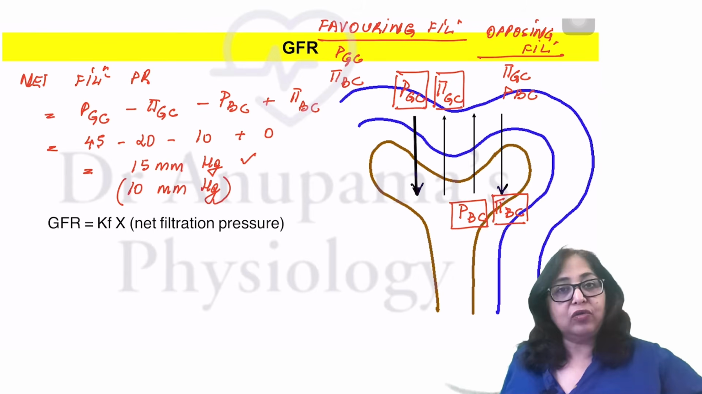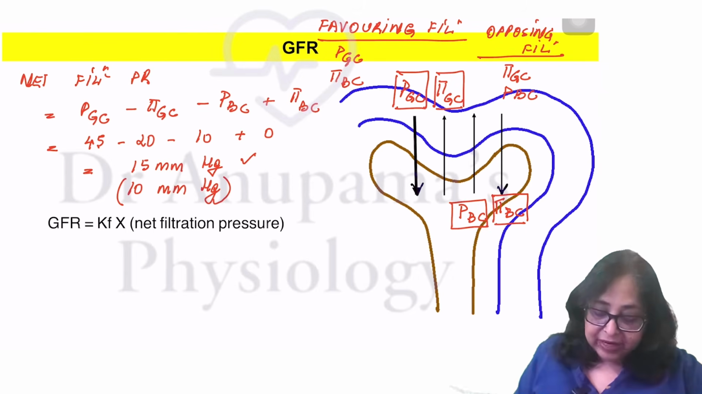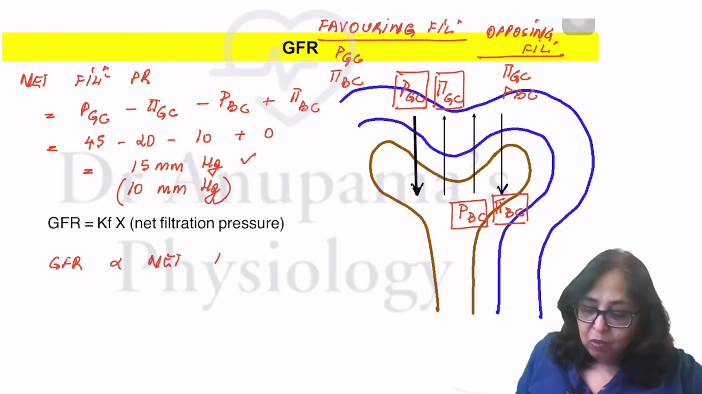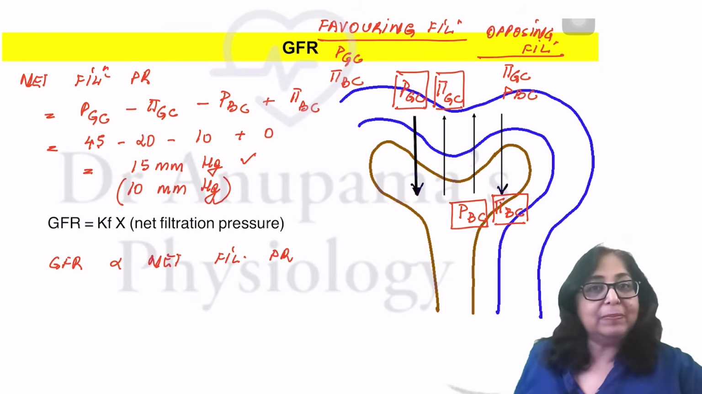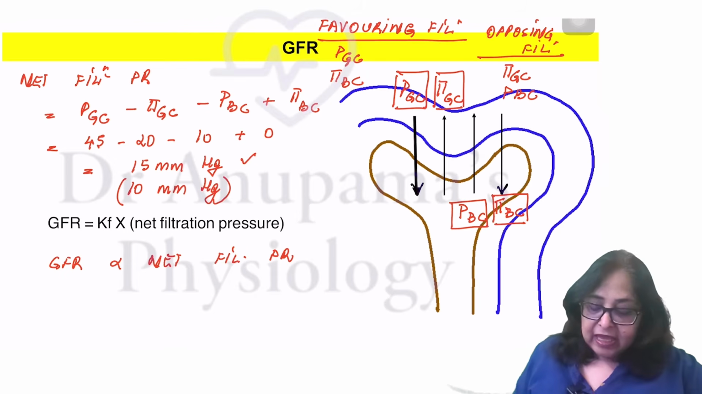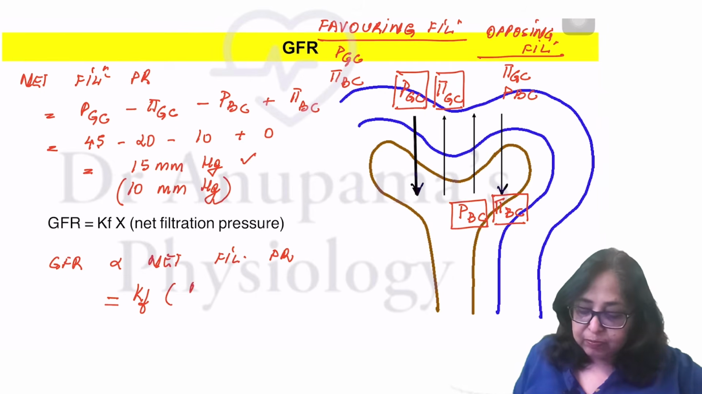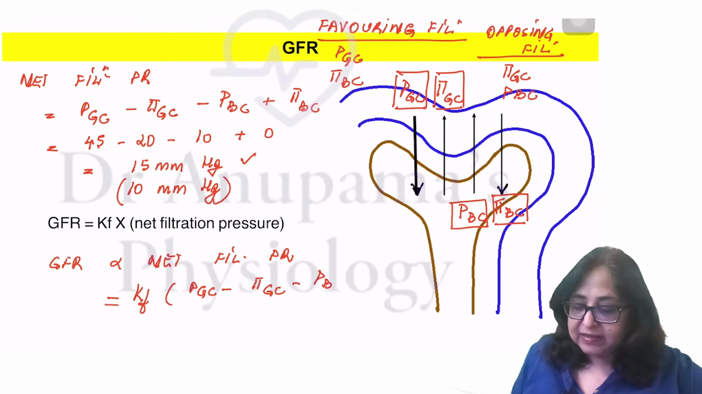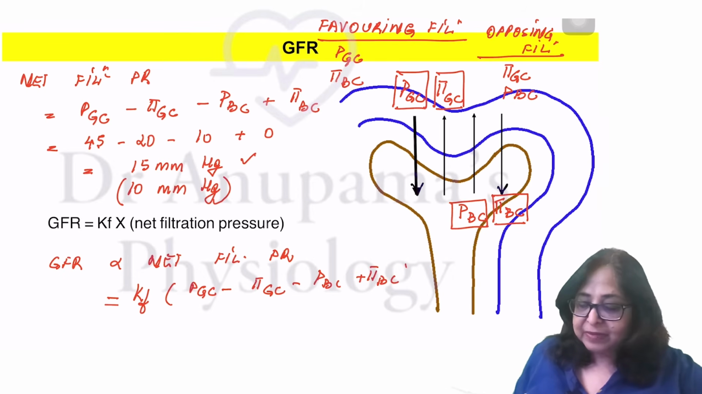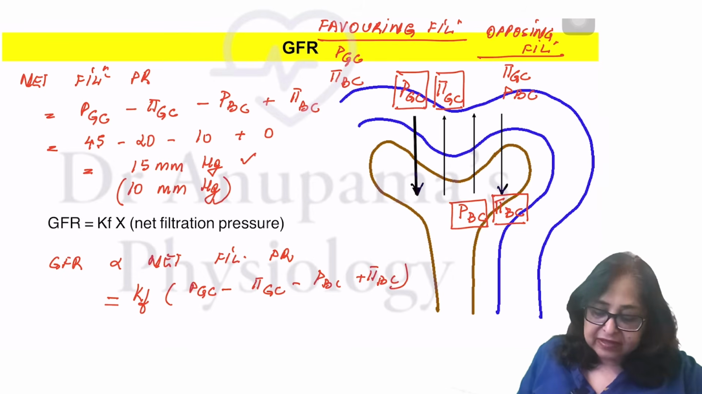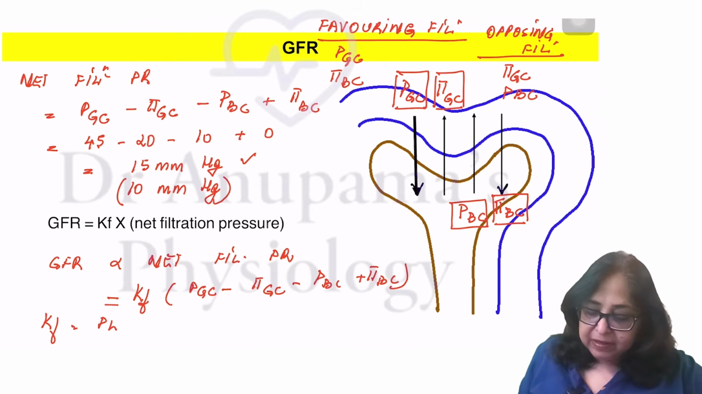Now, the GFR, or the glomerular filtration rate, will be directly proportional to the net filtration pressure. More the net filtration pressure, more will be the GFR. If I want to remove the proportionality sign, bring an equal to sign, I have to multiply it by a constant. The constant is Kf, or the ultrafiltration constant, into PGC minus pi GC minus PBC plus pi BC. And what is Kf? Kf is a product of permeability